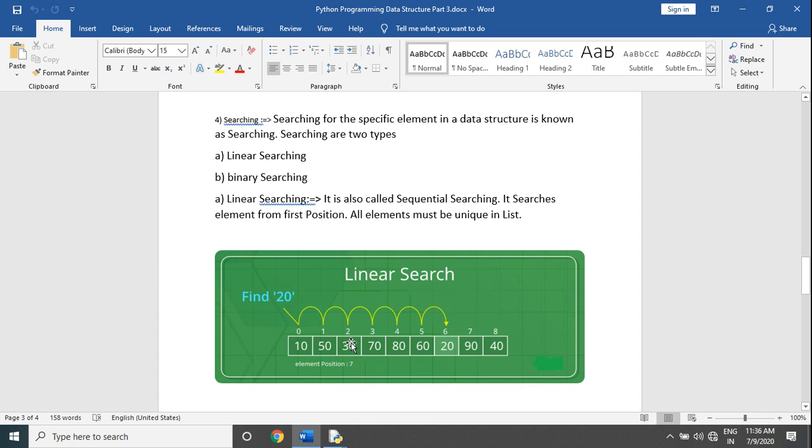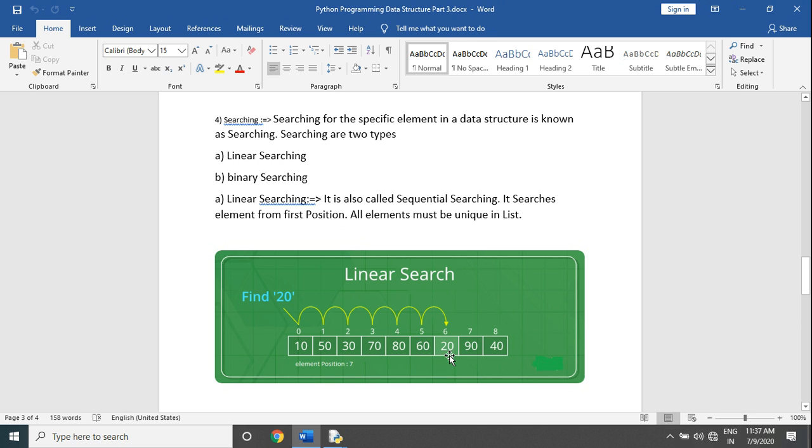This process continues until the element is found. 20 is found at position number 7, so our output will be element position 7, because it searches elements from the first position one by one. That's why it is also called sequential searching.